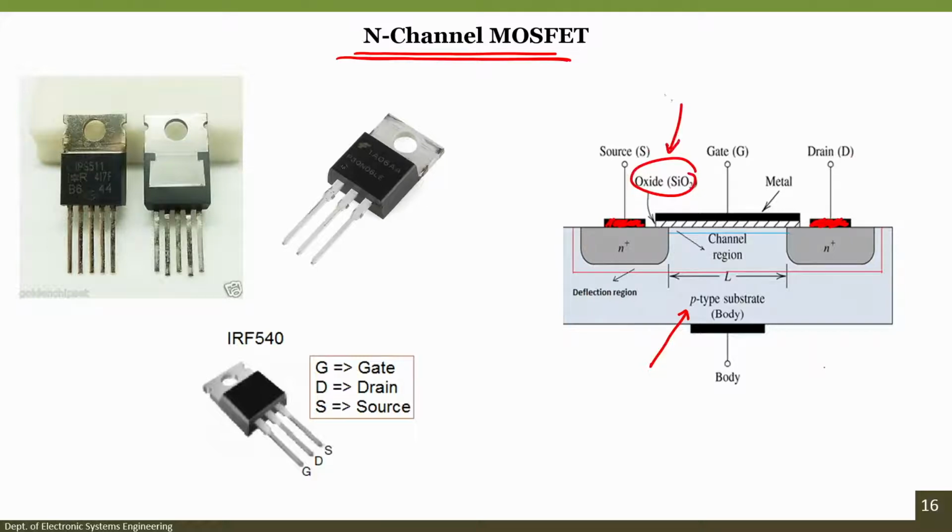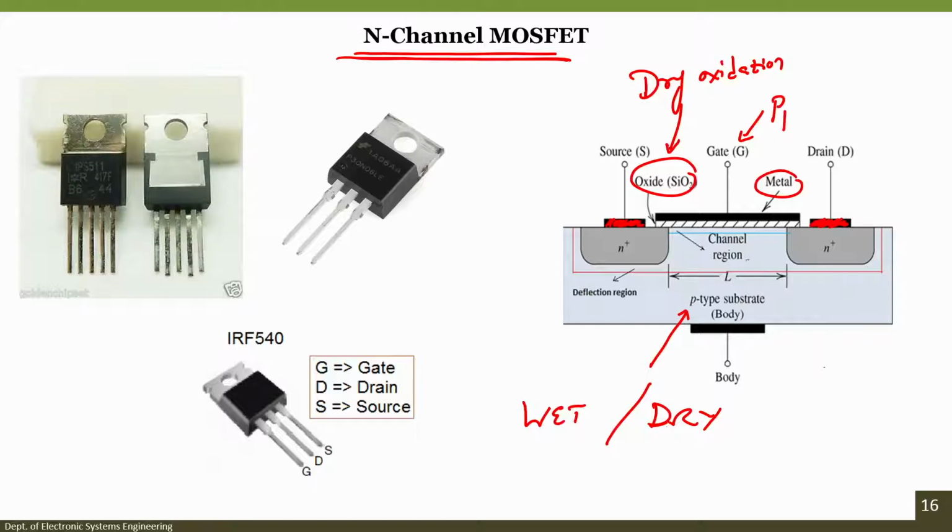This silicon dioxide is generally grown by dry oxidation process. In oxidation process there are two processes, one is wet oxidation and another one is dry oxidation. There are advantages and disadvantages with wet and dry. Dry oxidation generally gives an excellent quality of silicon dioxide film, and generally silicon dioxide is grown using dry oxidation technique. Over that we have a gate, and that again there is a metal, right. So, this gate is one metal end, let us say